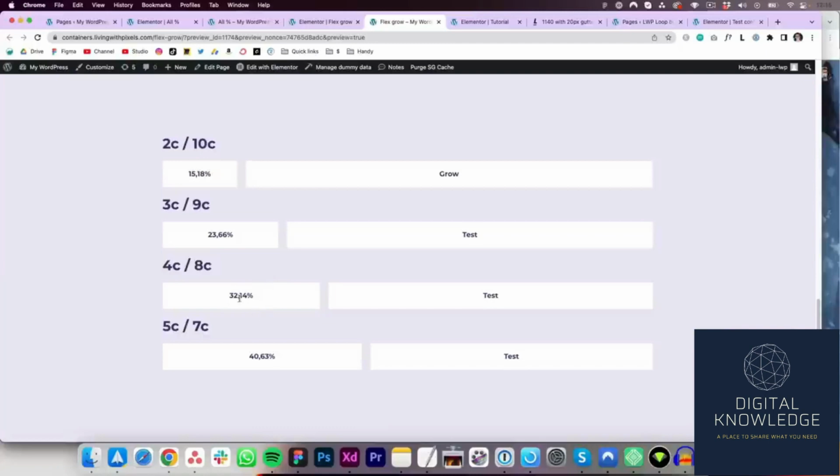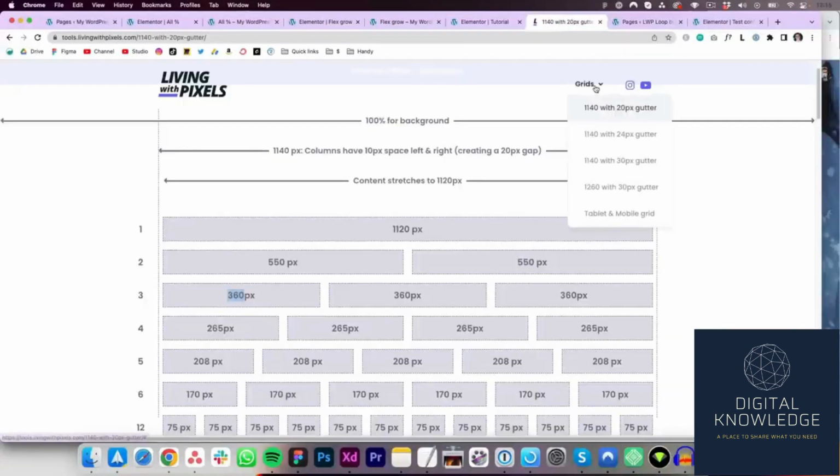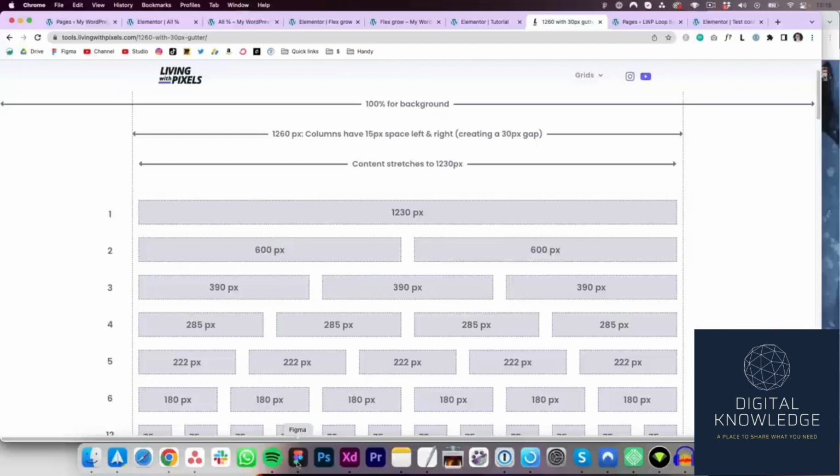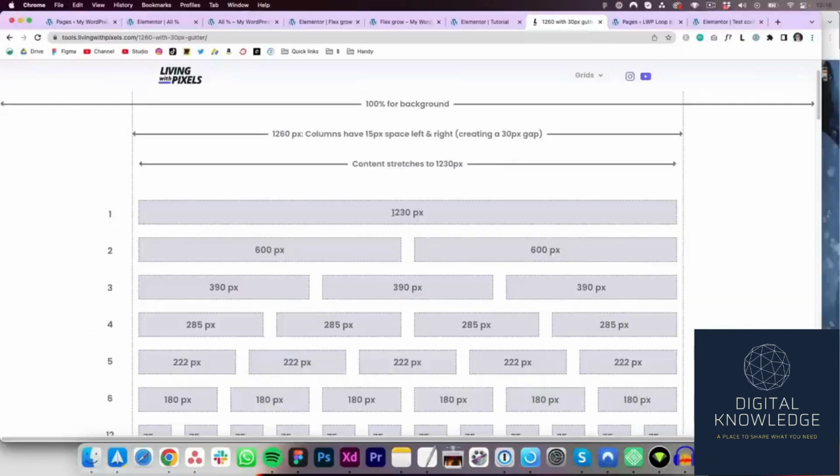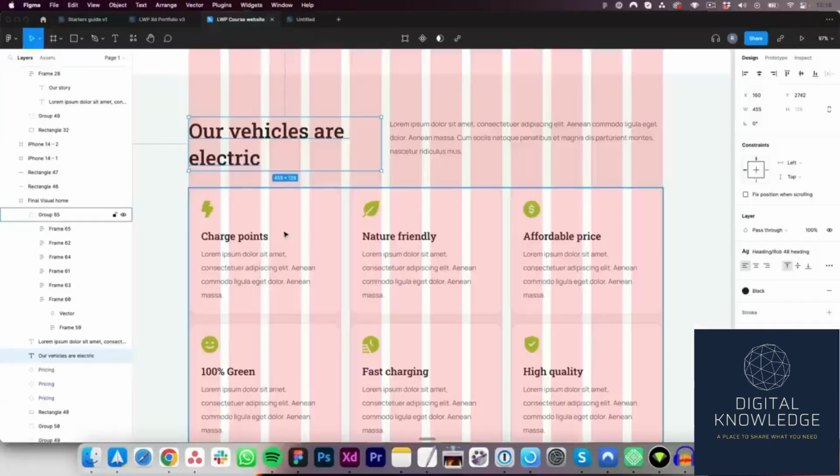But of course, these percentages are based on the 1140 grid. So let's say that you want to create a website with the 1260 grid, a little bit wider. Then you need to use other numbers, which you can calculate by just dividing this number with 1230. But I like to stick to the 1140 grid and then maybe only change the gutter and